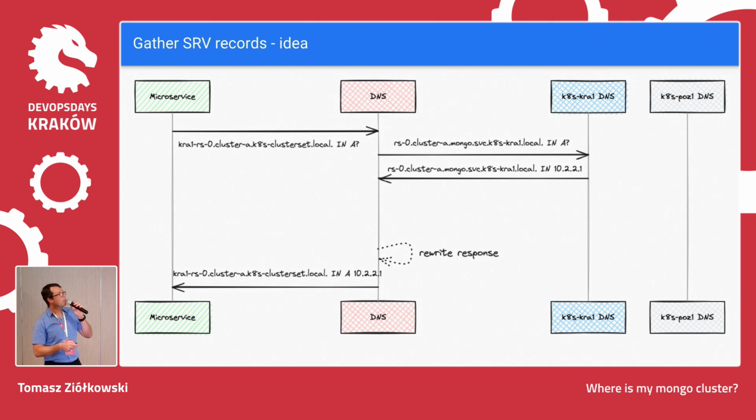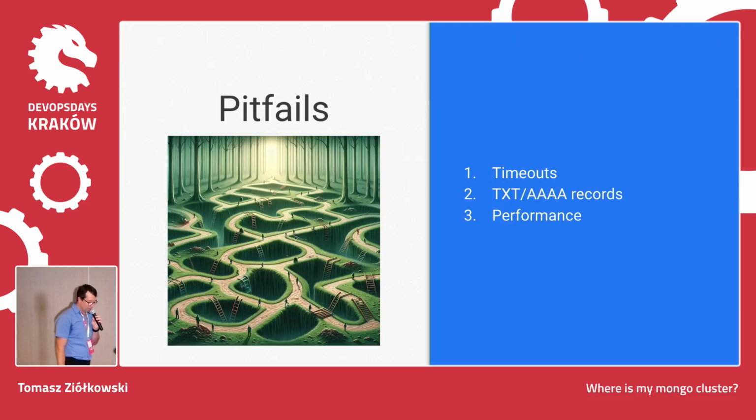The plugin knows that the query should be routed to a particular Kubernetes DNS, makes some replacement, and rereads the query. When the response arrives, it rewrites the response and returns the IP address that can be used by the MongoDB driver to connect to the node. So having that,